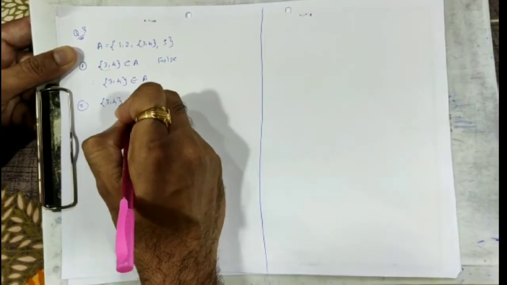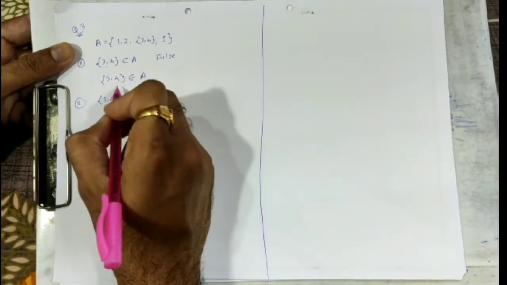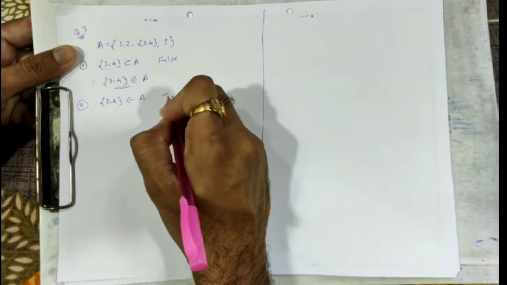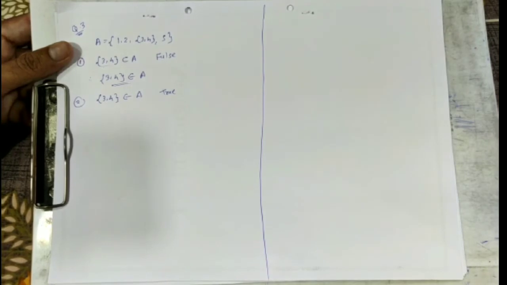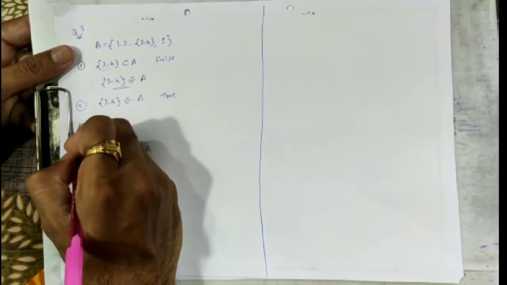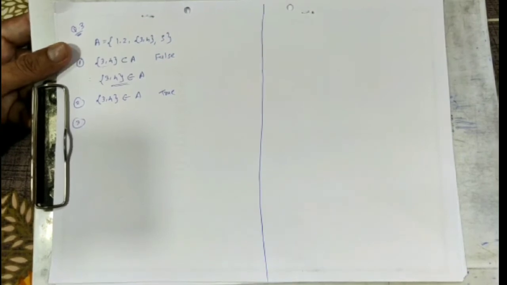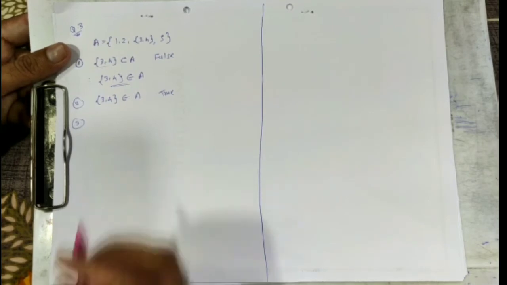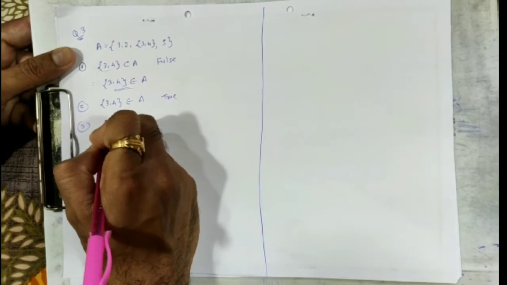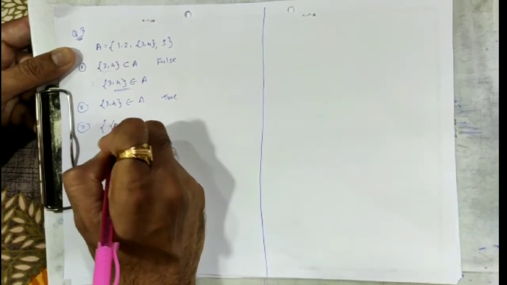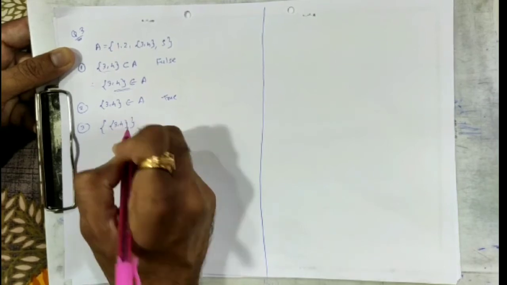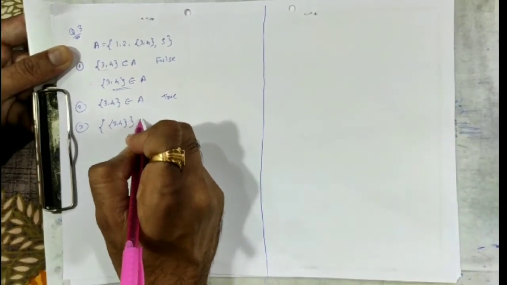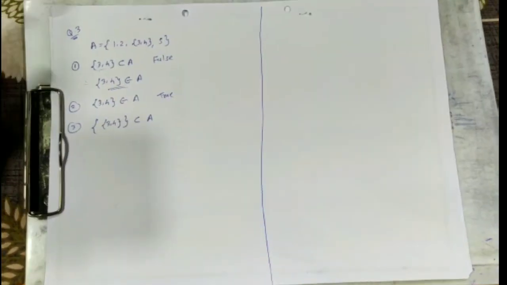3 4 बिलोंग्स टू ए, तो अभी मैंने ऊपर लिखा कि ये करेक्ट होगा, तो दिस वन इज ट्रू, करेक्ट है ना। हमें आंसर लिखना है करेक्ट और इनकरेक्ट, तो दिस वन इज करेक्ट, इसमें कोई इश्यू नहीं है ना। 3 4 बिलोंग्स टू ए। उसके बाद थर्ड वन, इन थर्ड वी आर गिवन सेट, देखो अभी इसमें थोड़ा दिमाग लगाना है। 3 4 and this one is subset of A. One set is there whose element is set of numbers 3 4 is the subset of A. What about this one?